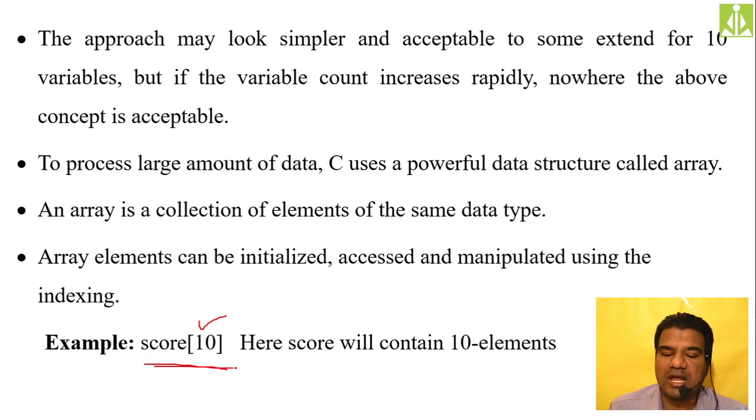So this is how we create an array. Simply give a specific name to the array, and between the square brackets specify how many elements you need in that collection. Because array is a collection, how many elements you need in that collection, you have to specify between the square brackets. Square brackets are like this. Between the square brackets, whatever count you need, that count you have to specify.